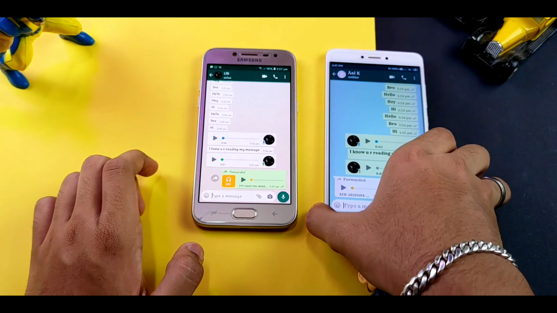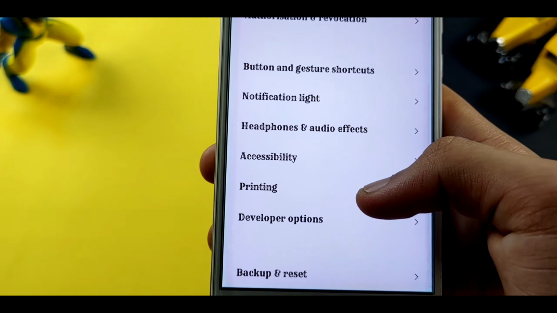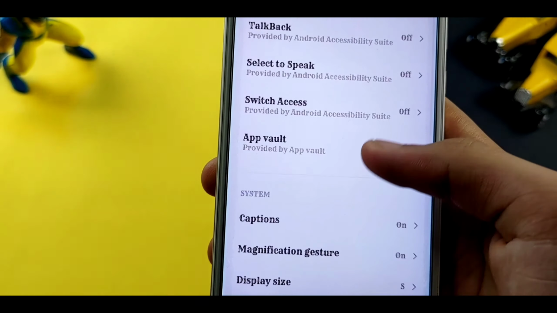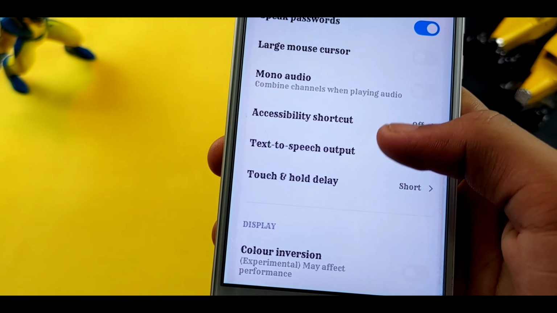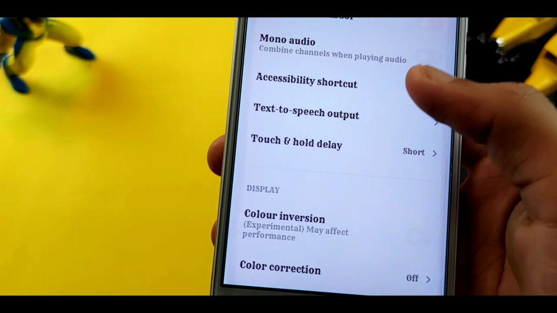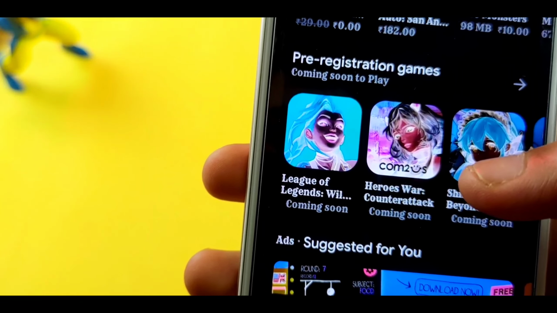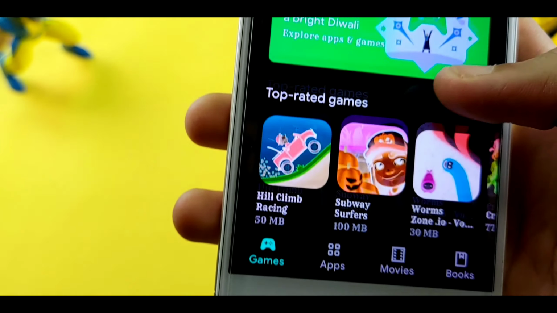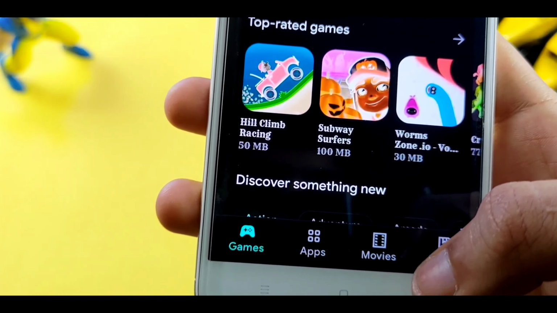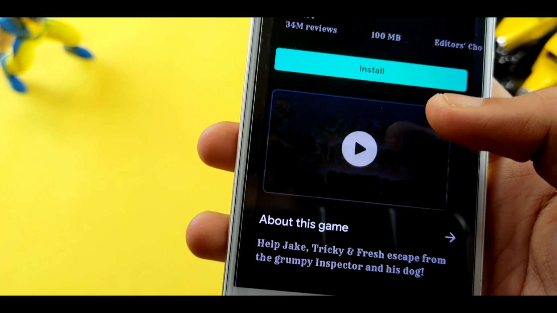To do that, just go to the additional settings and then go to accessibility, as I have said before. Go to accessibility, and then you have to turn color inversion on. Yes, and as you can see, the complete device color has been changed. Not only white into black, but each and every color.